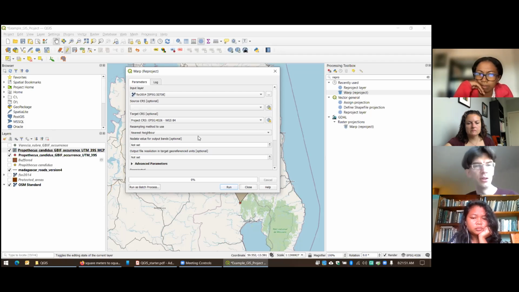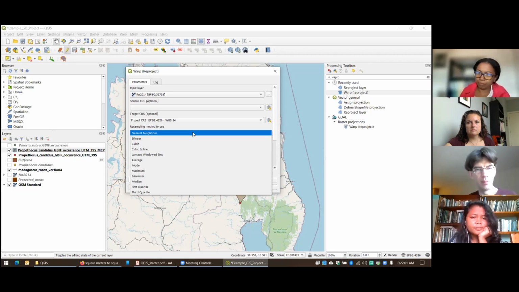So it's asking you, how do I recreate these pixels in this new projection, this new CRS? You have a variety of options: nearest neighbor, bilinear, cubic, cubic spline, and it goes on and on.